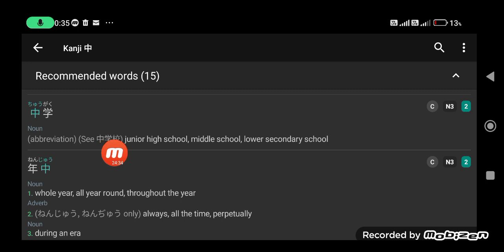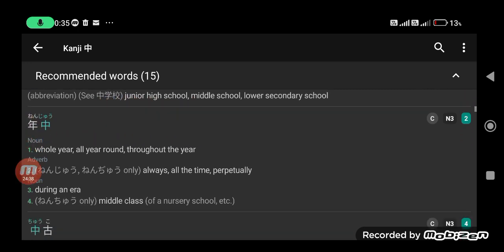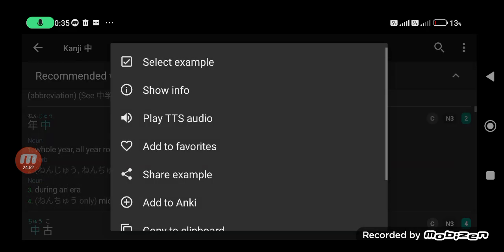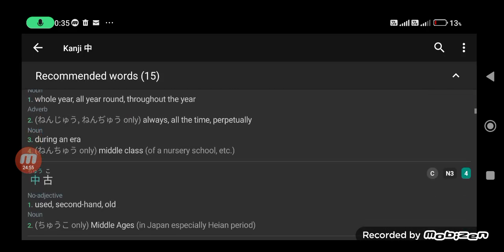Chugaku. Junior high school, middle school, lower secondary school. And then we have here nenju, full year. Nenju, all year round or throughout the year. Nenju. 年中